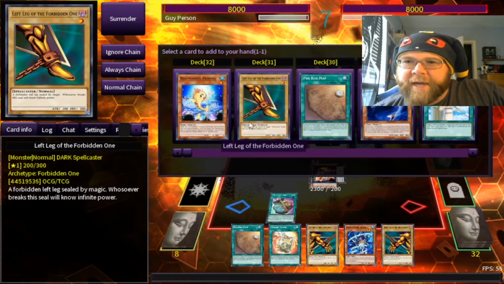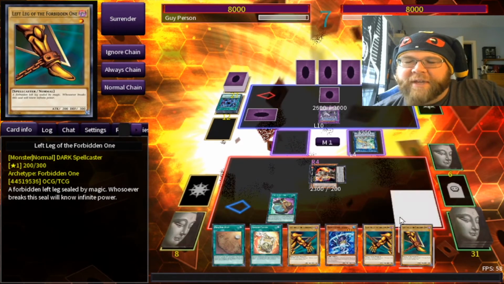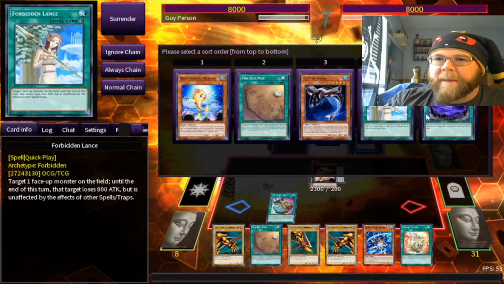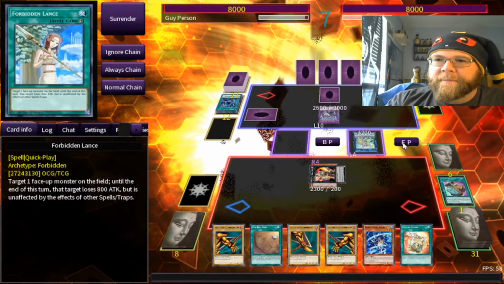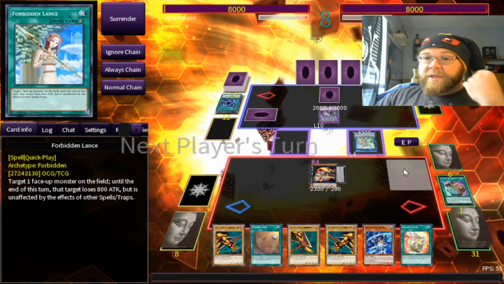Yeah, perfect. Okay. And I could go for Final Countdown. I'm just going to go to get the Exodia. But this is technically an Exodia deck, so I'm going to go for the Exodia pieces whenever I can. You know? There's no reason not to. Like, this is an Exodia...